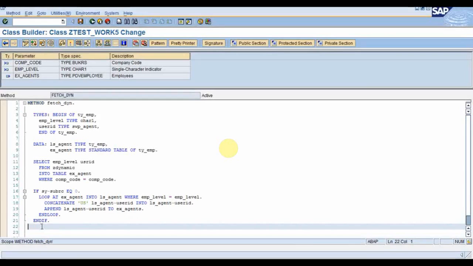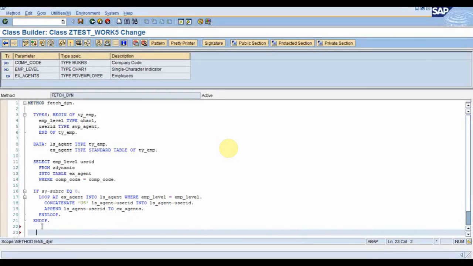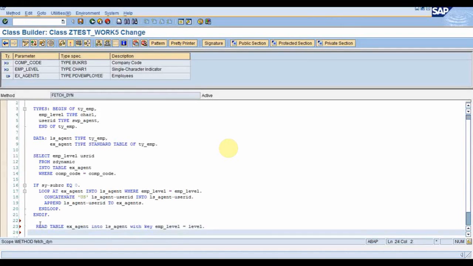Fine. So here we will be writing a few more lines of code. Read table X agent here.